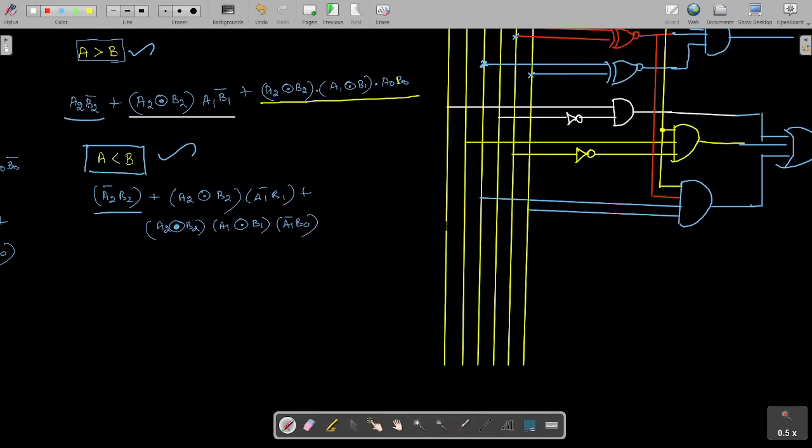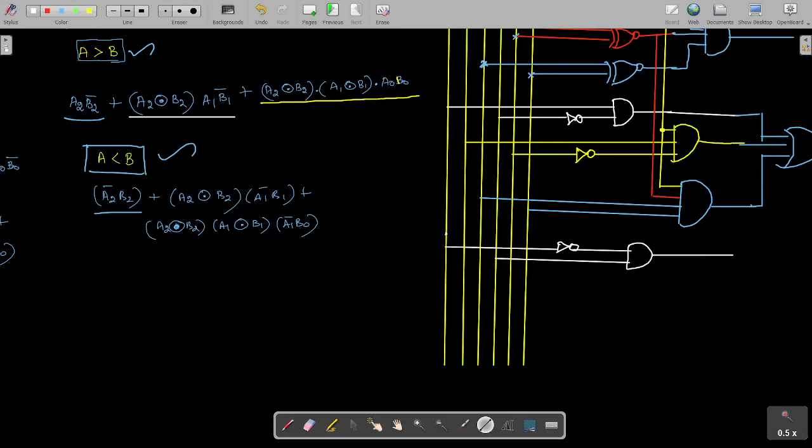So this is our A2, and I can take the connection from here. For A2 bar, I put an inverter. This is A2 bar, then B2. So both are ANDed, and this is our first term.